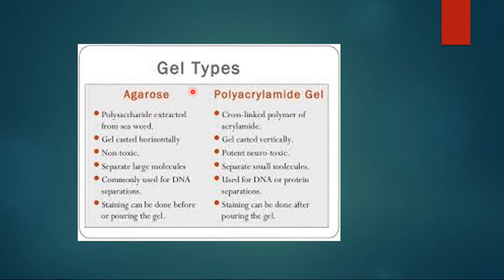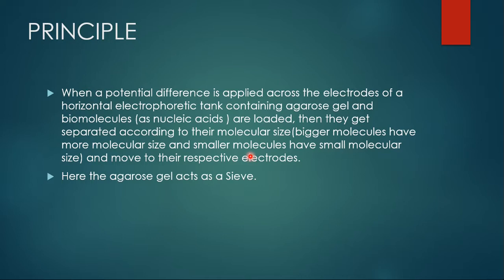So gel types, as I told you, are agarose gel and polyacrylamide gel. This we will discuss at the end. Okay, after learning this, you will come to know. Then the principle behind this agarose gel: the pore size may be predetermined by adjusting the concentration of the agarose in the gel. So if you want only a certain size, you can adjust it by the concentration of the agarose. And these agarose gels are fragile, that means easily breakable.